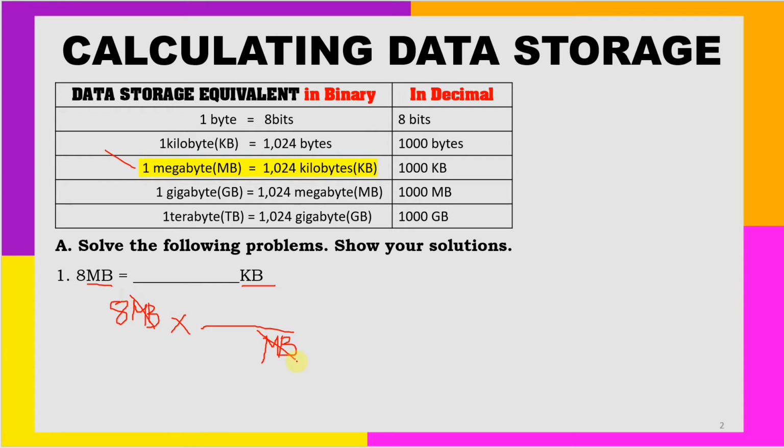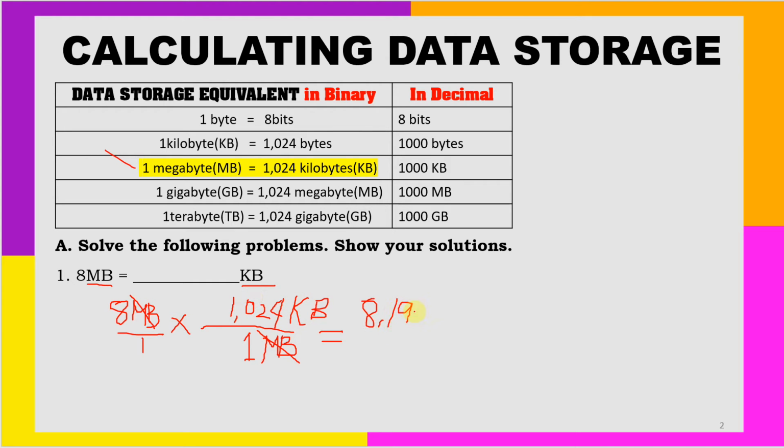So look at the table of equivalence. So in 1 megabyte, the equivalent is 1000 kilobytes. Okay, 1024 kilobytes in binary, KB. Okay, so this is equal to multiply numerator by numerator. This is understood to be over 1. Numerator by numerator. 8 times 1024, that is equal to